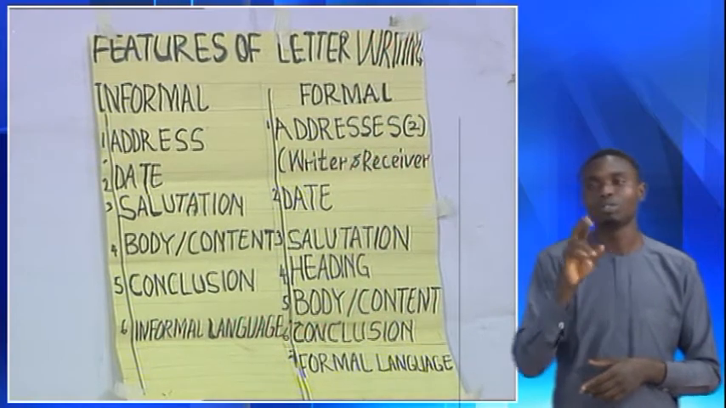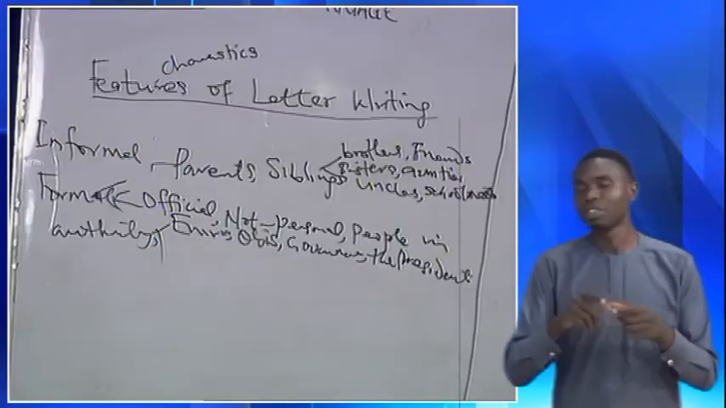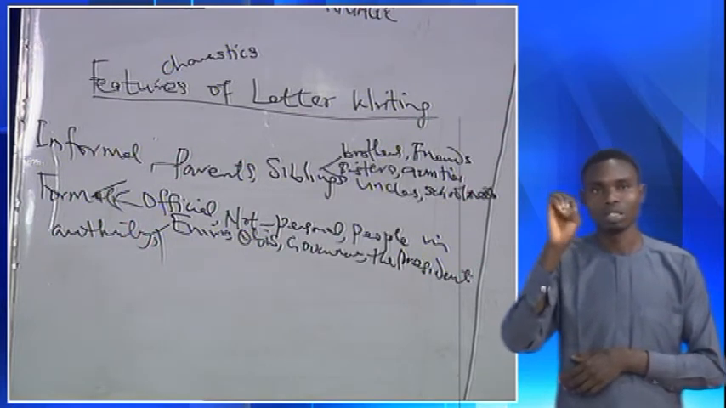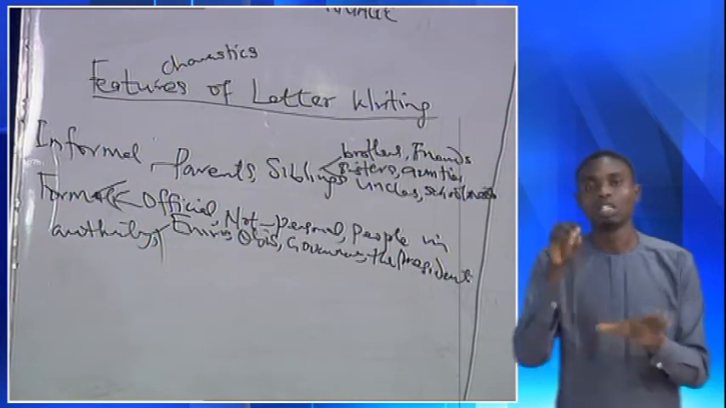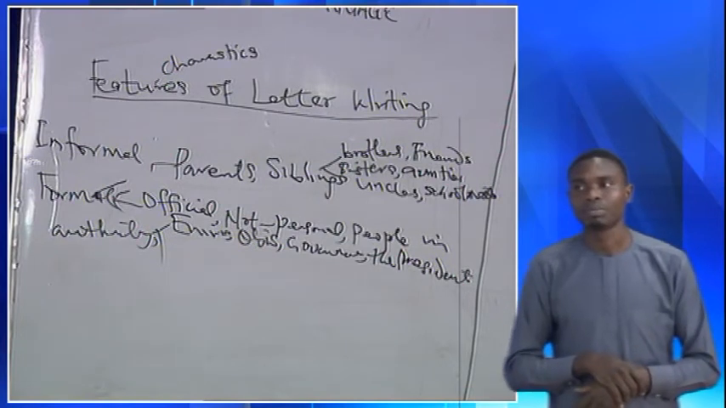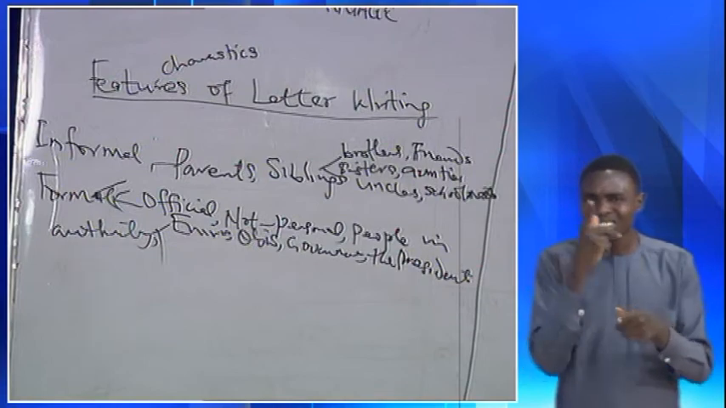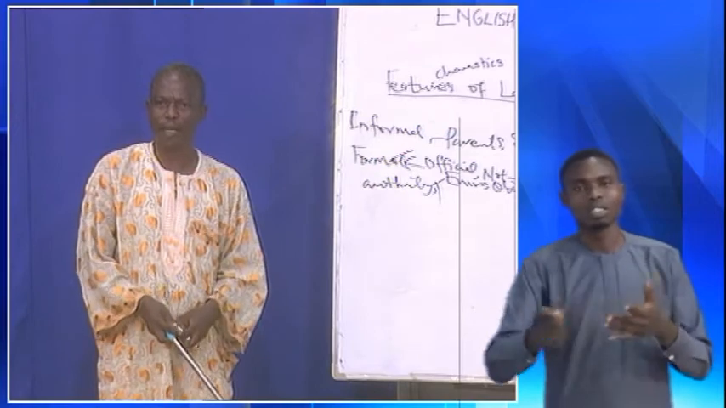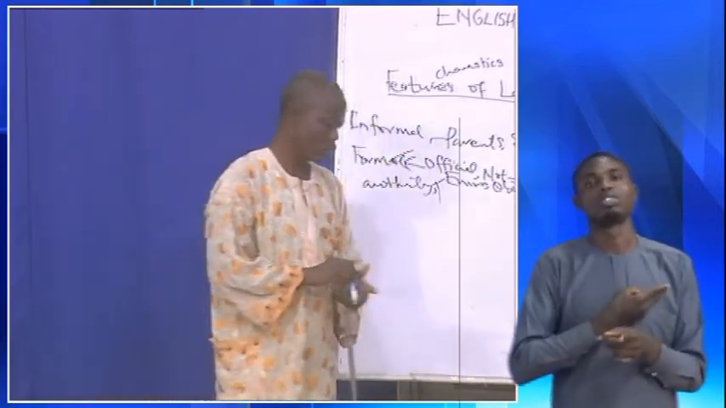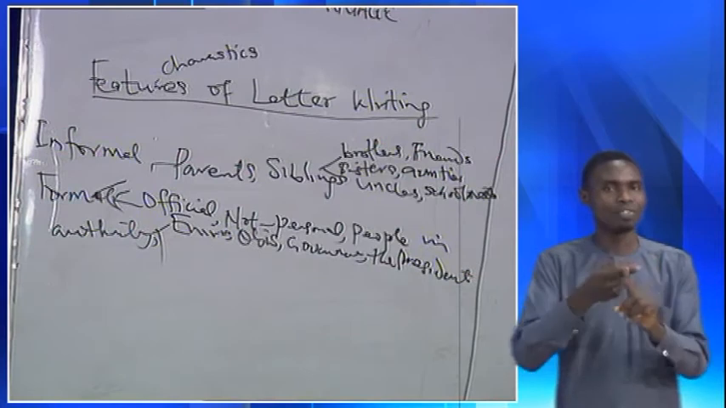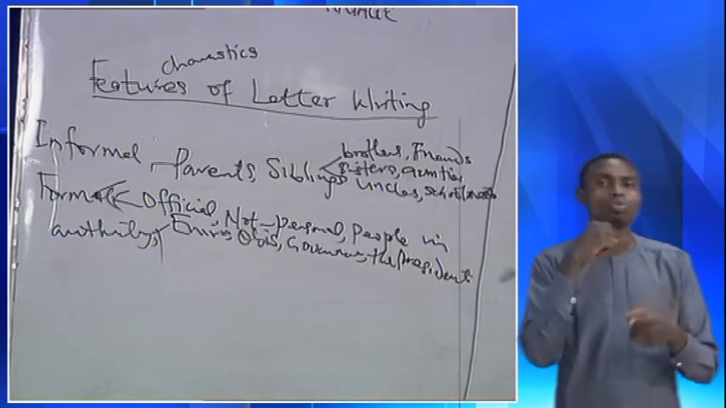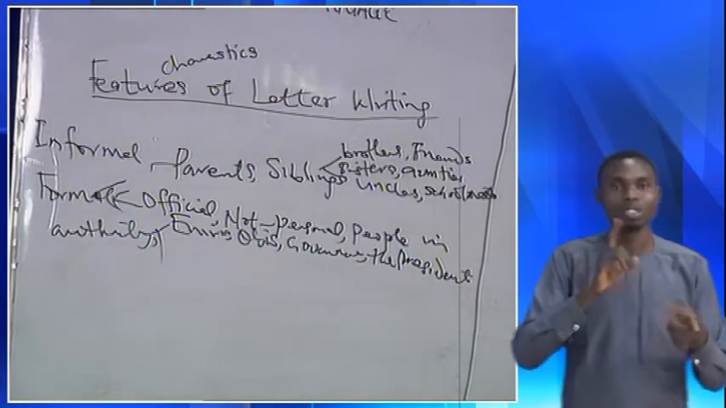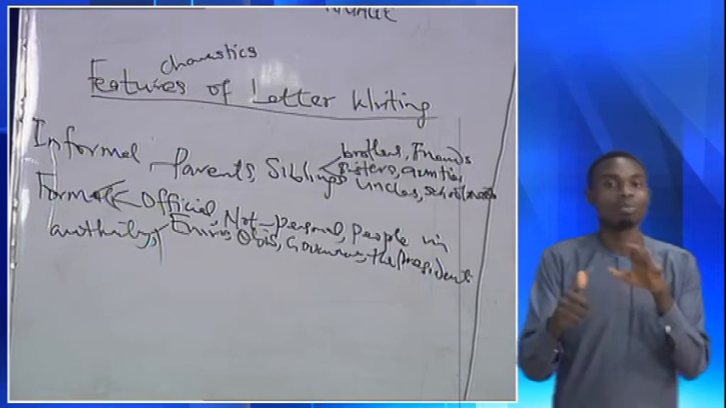Then the next thing is the body or content of the letter. That is what prompts you in writing the letter. You can't just take up your biro and your paper and say you want to write a letter. There must be a reason. The content or the body of your letter must tell us, or your marker, why you are writing the letter. That is the body or the content of the letter under informal letter. Also,